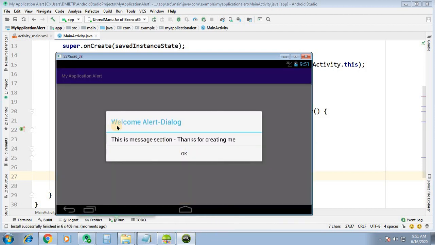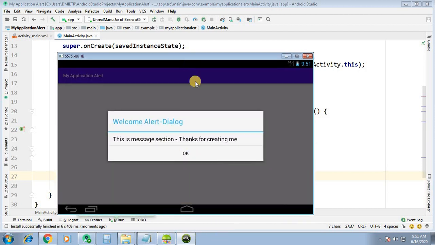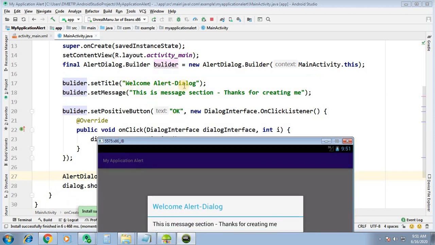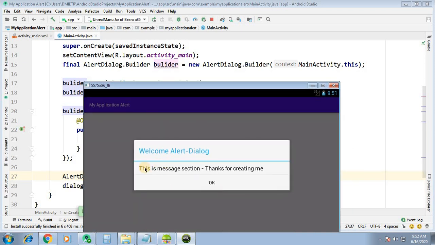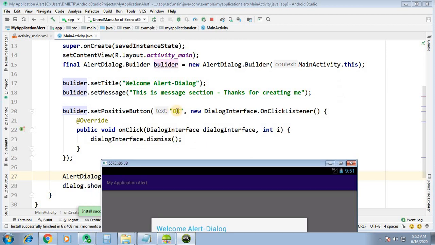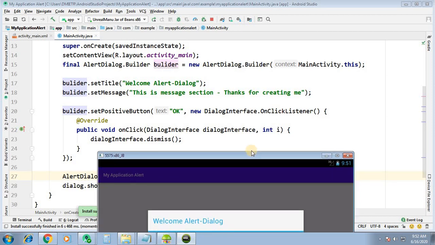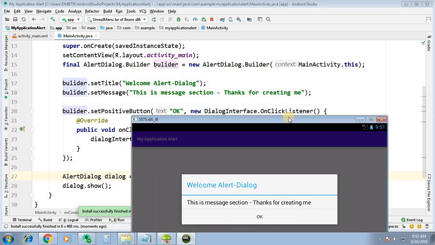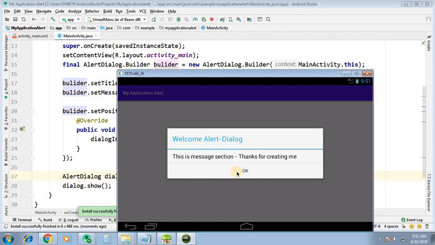Okay, so "Welcome alert dialog", this is the message we have set. "This is message section, thank you for creating me." And we have created the OK button, and we have added the onClickListener to this dialog. As soon as we click on OK, our dialog is going to be dismissed.